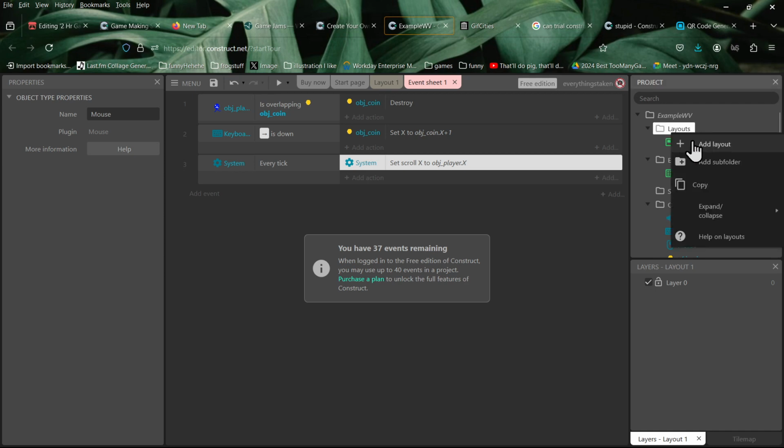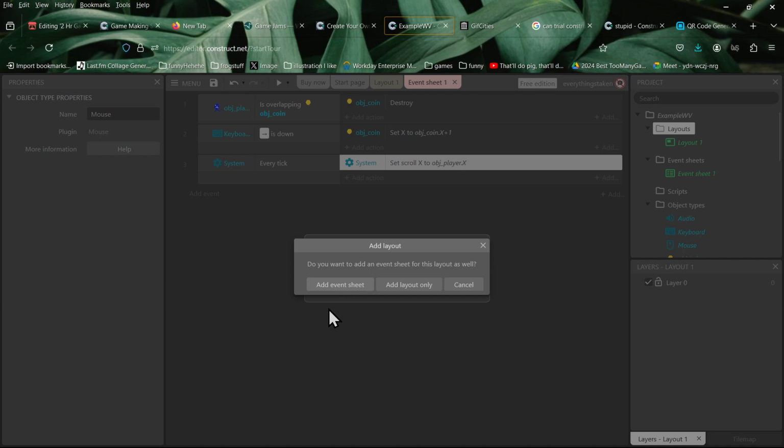So if I want to do that, I'm going to right click on layouts, and then I'm going to say add a layout only. So you can add an event sheet for each layout. This is kind of a weird thing, but I would say if you can, just try to keep this as simple as possible.